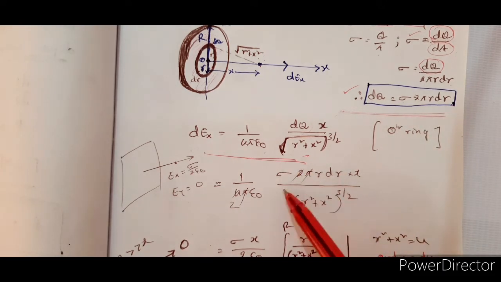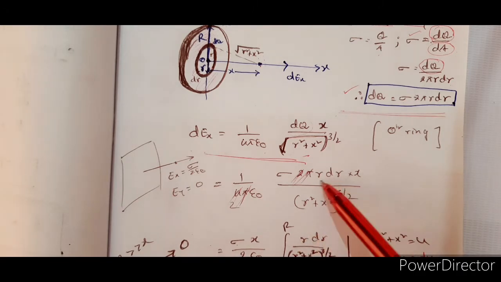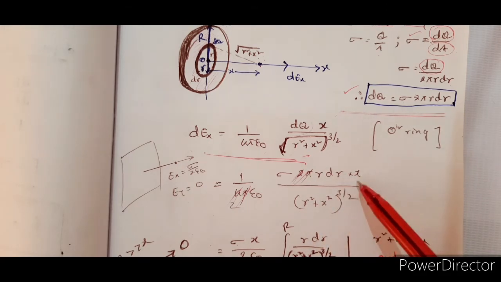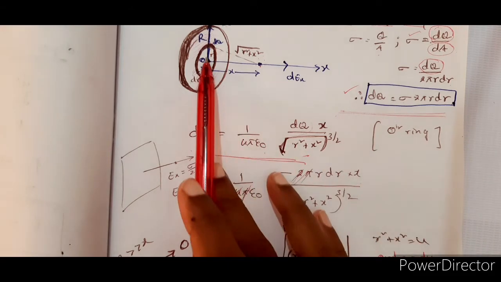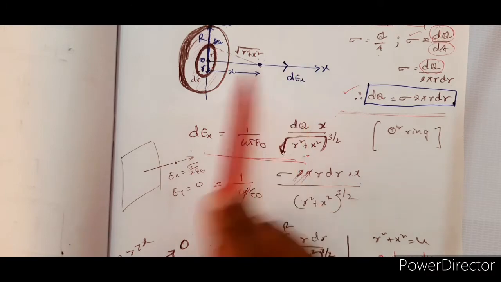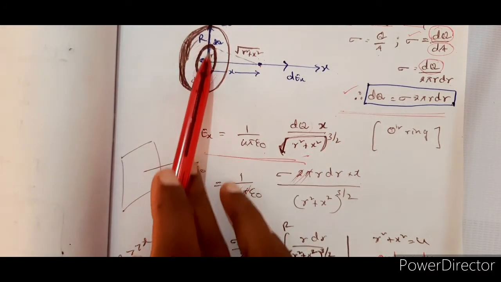So all the things are getting cancelled and we are left with only epsilon naught here. Therefore I am cancelling it here. So therefore, sigma x by 2 epsilon naught. Now the remaining factors: r dr divided by (r square plus x square) whole power 3 by 2. See, x is a constant here, at a constant distance of x. For this particular case it is x, in another case x1, another case x2. But to determine this one, small r is the variable.